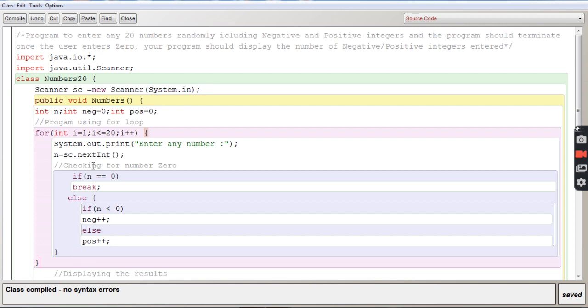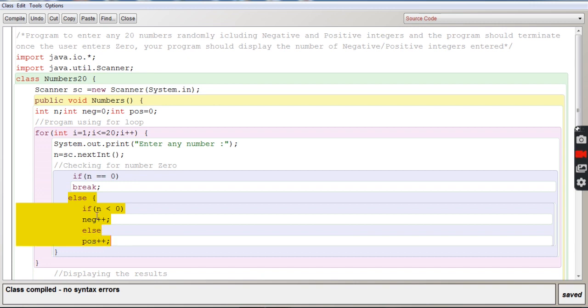Now the loop will go back to update i++. i becomes 3, and 3 is less than 20, true, so it is going to ask you to enter a number. This time the number we are going to enter is minus 4. Checking for 0, minus 4 is equal to 0, again false, so it will go to the else body.